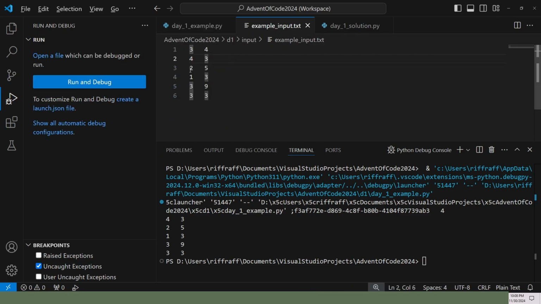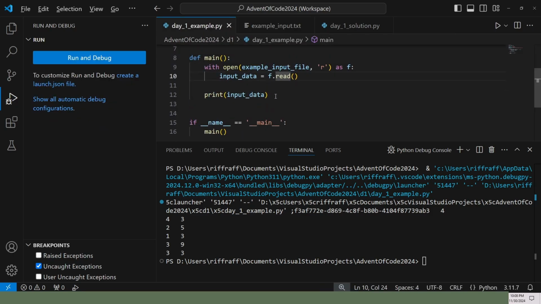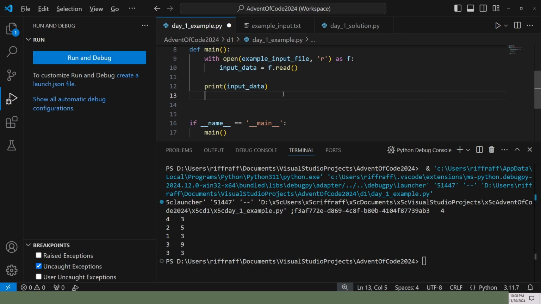So what we might do is we could look at every line and say split it up with a white space and then join two lists. That's probably going to be good enough for the example, and that might be good enough for 1 star. Let's start with that. So we'll loop for each line in the data.